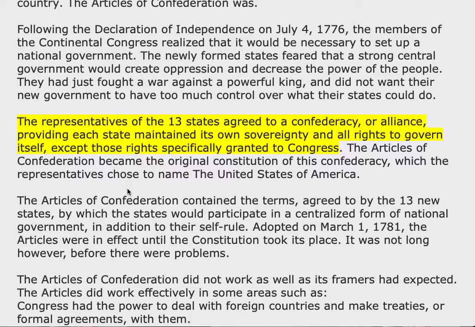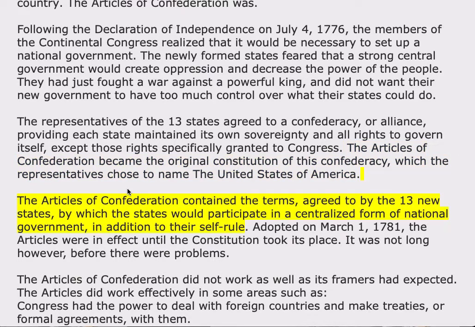The representatives of the 13 states agreed to a confederacy, or alliance, providing each state maintained its own sovereignty and all rights to govern itself, except those rights specifically granted to Congress. The Articles of Confederation became the original constitution of this confederacy, which the representatives chose to name the United States